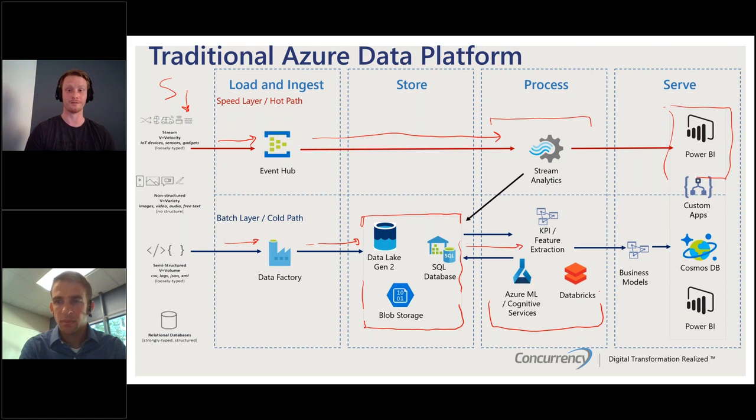Then we get to the serve portion, and this is really where we've done all this cool stuff to the data. We've stored it, we've put some of our machine learning models in, we've taken some of that data back to the database. Now we want to show it off. Now we want to give it to the rest of the business and use these insights to enhance our business. Typically, today we're going to focus on Power BI here, which is a very